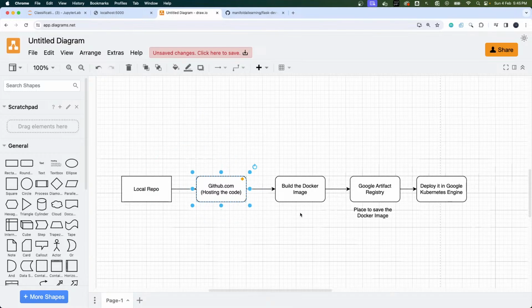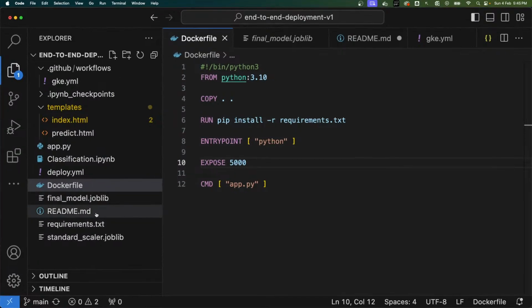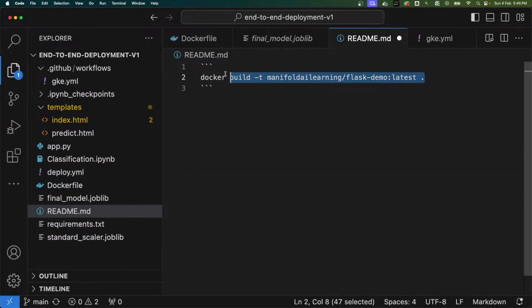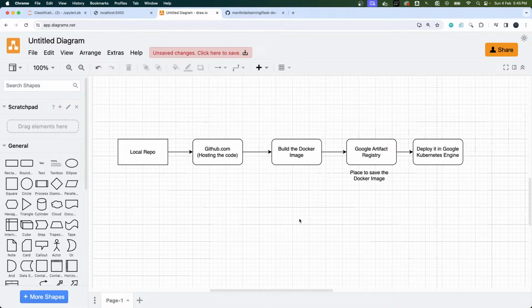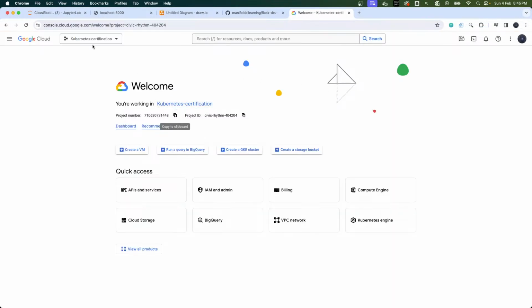Now the expectation is that I want to build the Docker image. To build the Docker image, I've already mentioned the code you have to use: docker build, and you would mention it. But there's a special requirement that I have also mentioned, right? I have to build it in such a way that I can push it to my Google Artifact Registry, which means you would require a Google Cloud account. In my case, I have already created a Google Cloud account. So I would just go to the site